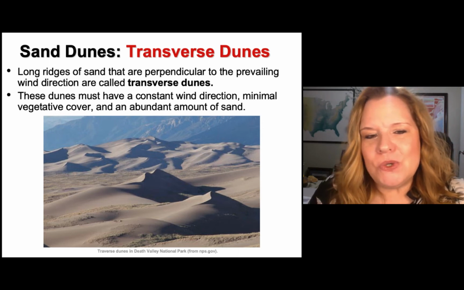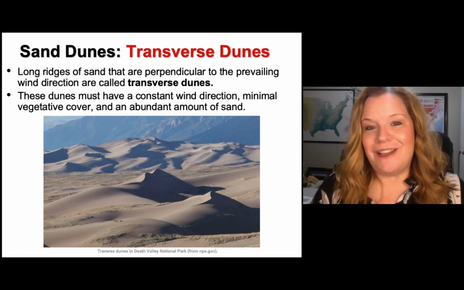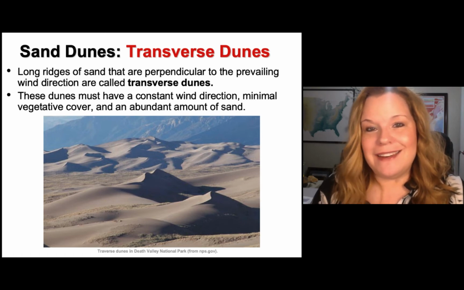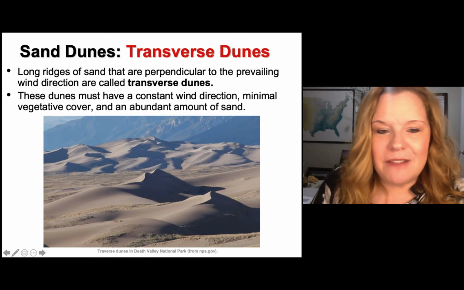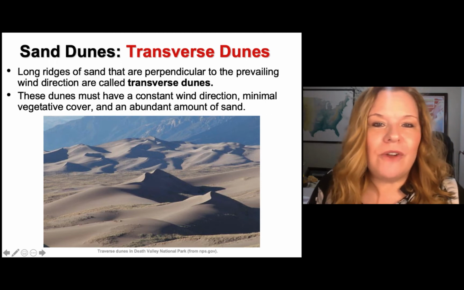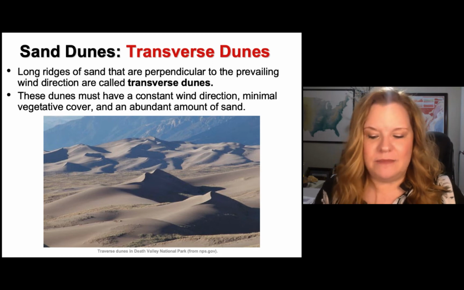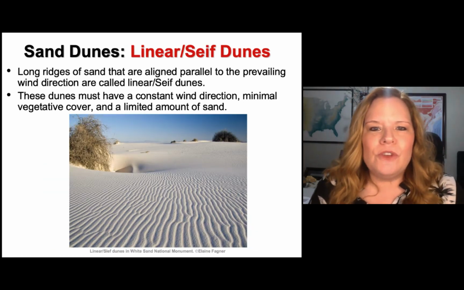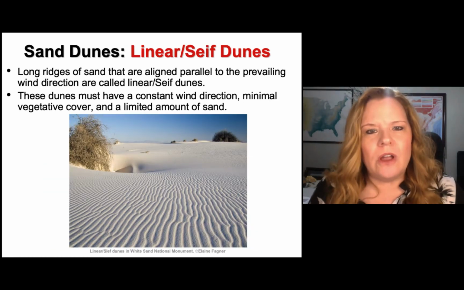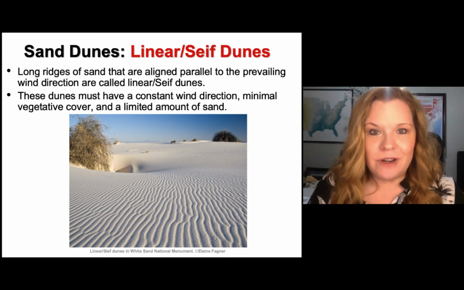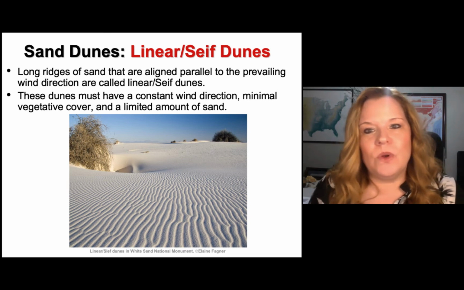Going back to the mountains, do you see a source of potential sand in the background where these mountains exist back here that could weather and erode and produce the sands necessary to make transverse sands? So linear or seif dunes, and they're one and the same. They're just different names wherever you might be in the world.